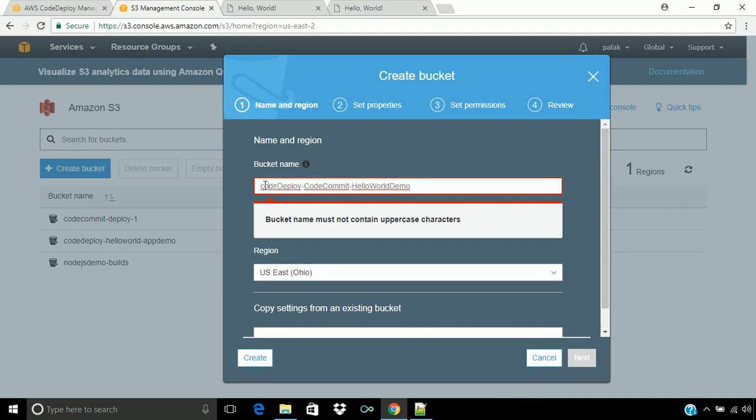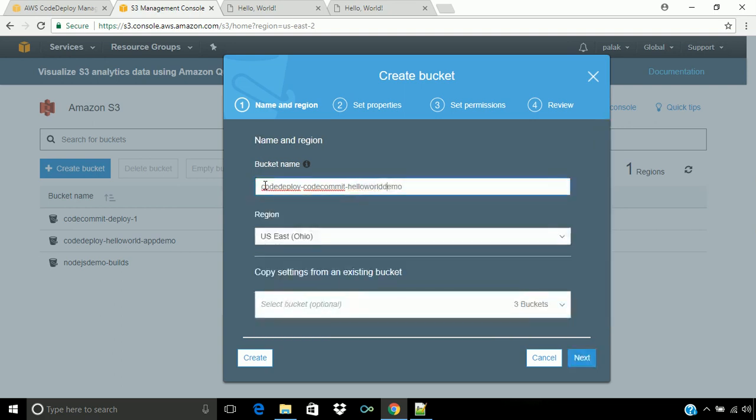Let's make it small, as it should not be uppercase. And let's also make sure that the region is the same as all the AWS services, and let's create this bucket.